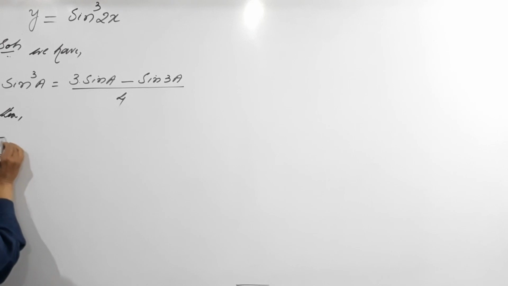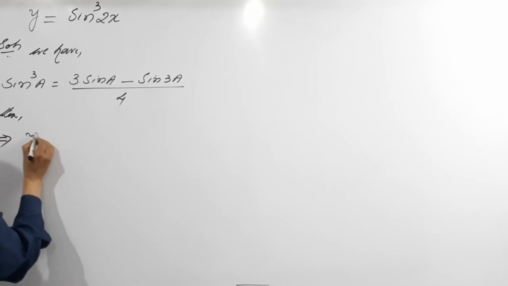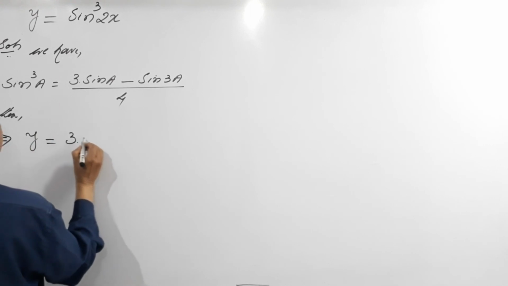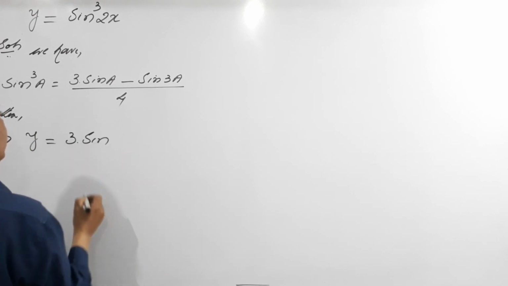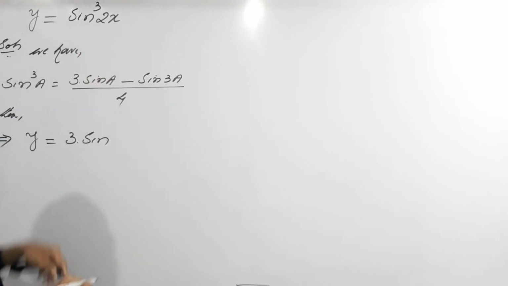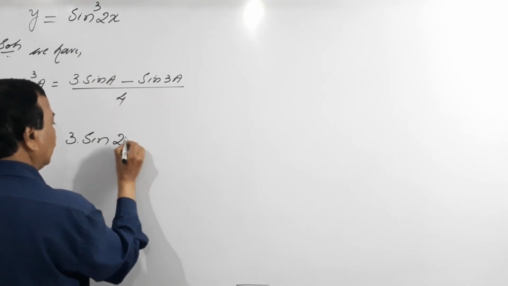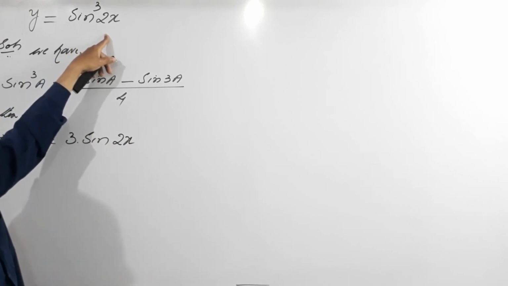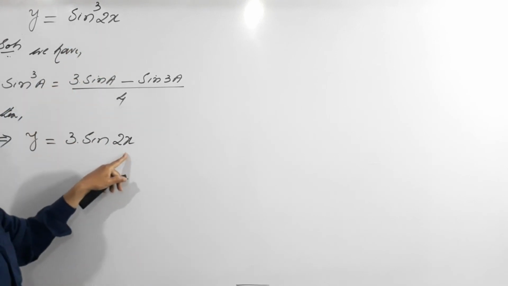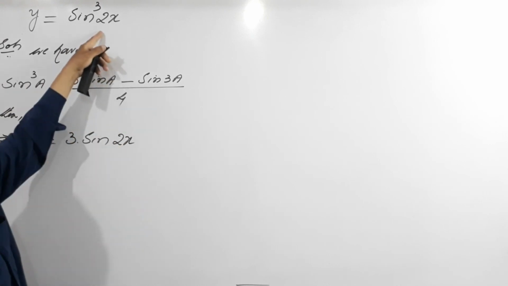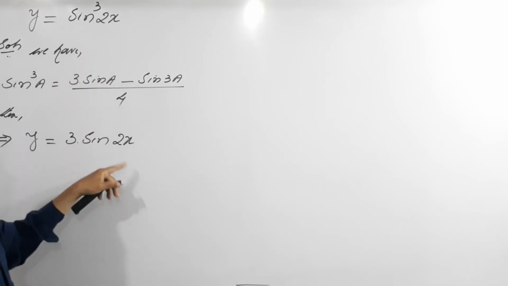Then what happens to y? y equals 3 into sin a here, but here it is 2x. So we write sin 2x because we have 2. In the event if we didn't have 2 here, straight away we would do sin x. In the previous problem we had cos x, but here since we have 2, we do sin 2x